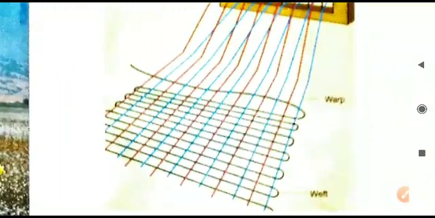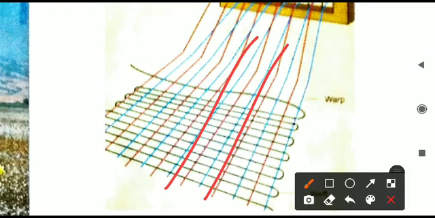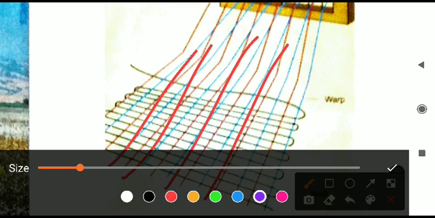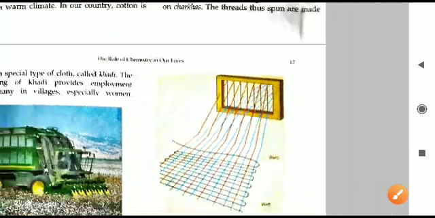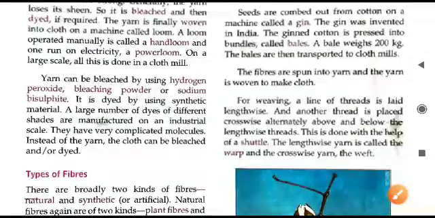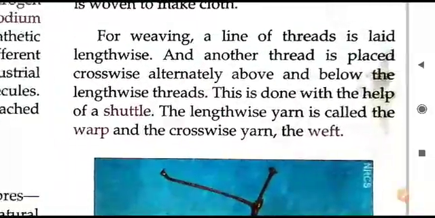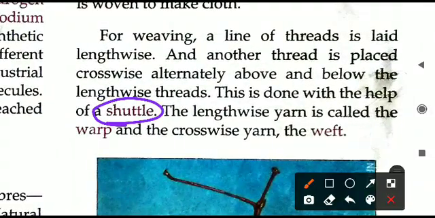See here, this is how weaving is done. One fiber is placed lengthwise, top to bottom. The other one is placed horizontally, left to right. So like this, in two directions, one horizontally, another one vertically. They are placing, and then this machine is operated. And what will happen? So as a result, what will happen? We are using a shuttle. That photograph just now we have seen, that is a shuttle only.